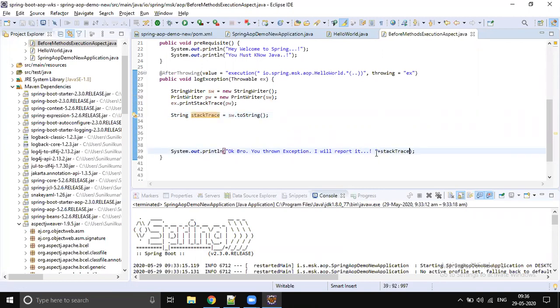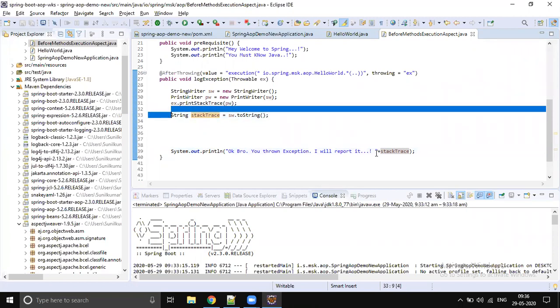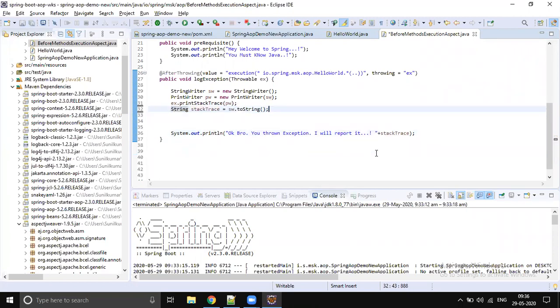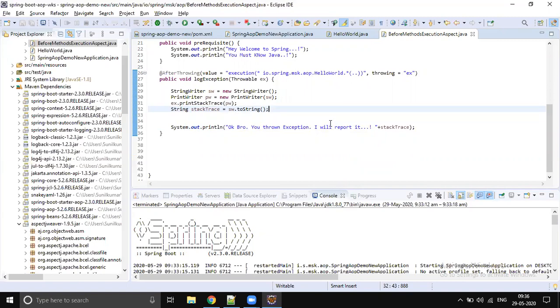Whenever you are sending an email, you say, hey, there is an exception, can you please check? Then immediately they will reply to that mail within a fraction of a second: what is the stack trace, can you please share more? So before getting that second email, you yourself start sending the stack trace. You say, hey, this is the exception we got, and here are the details, here is the stack trace. Can you please go through the stack trace and check the issue?